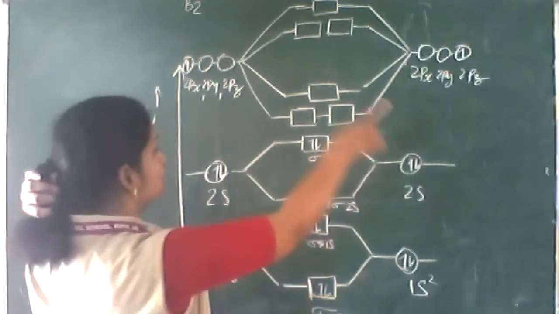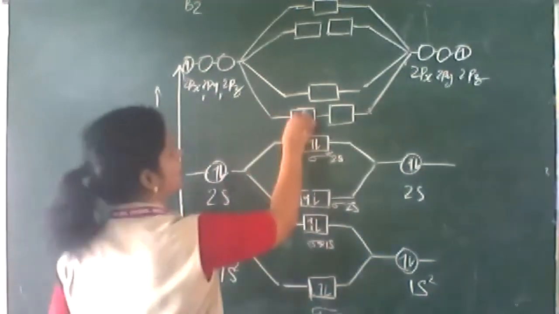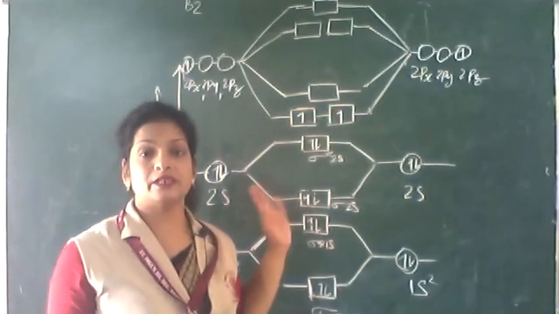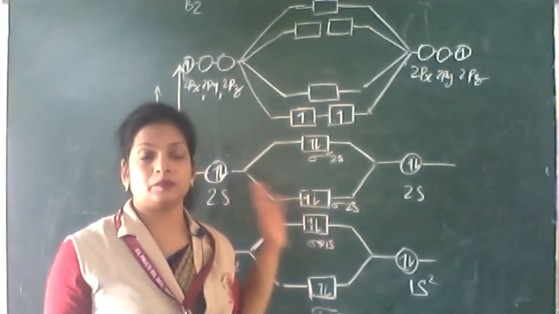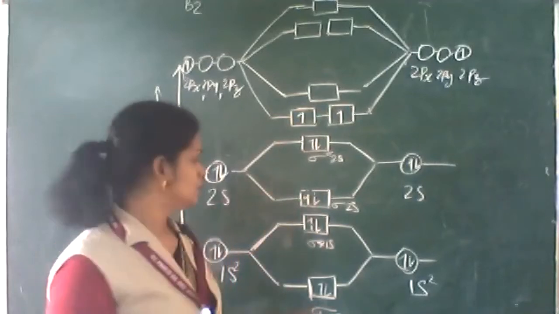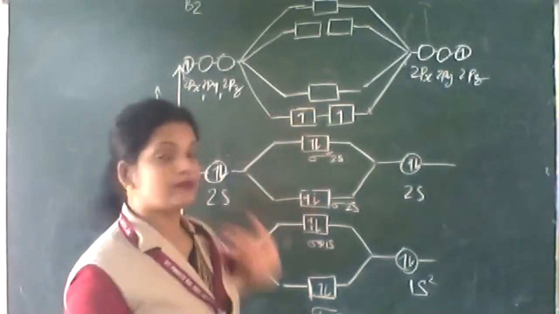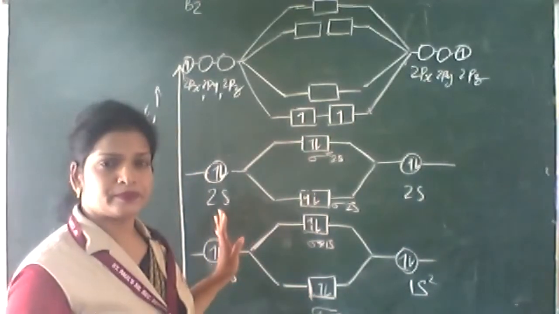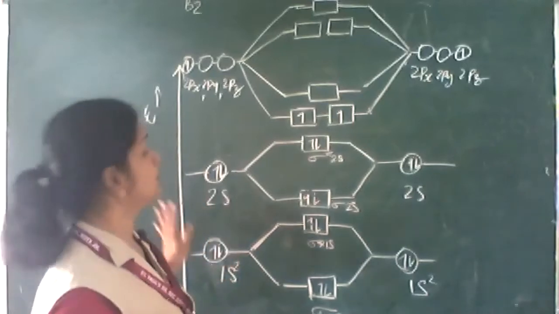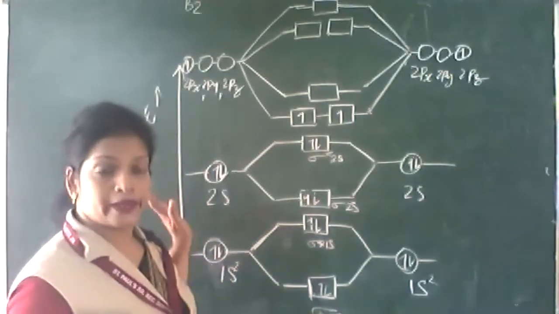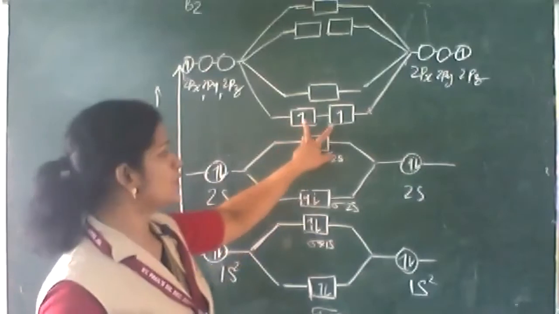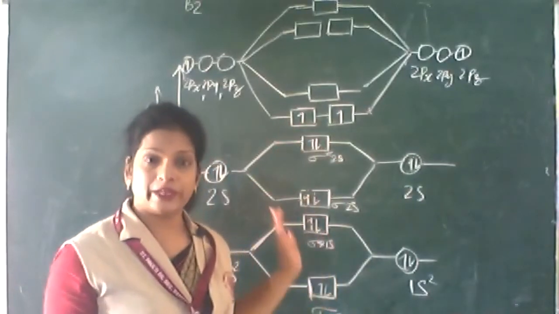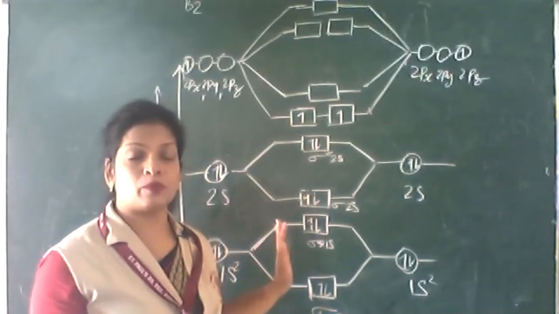Okay, so two electrons. One will be going here and one will be coming here. See, there is an unpaired electron. Unpaired electron means B2 is paramagnetic. 2, 4, 6, 8, 10. Altogether 10 electrons are there. There is a bond between boron and boron. Due to the presence of unpaired electrons, it is paramagnetic. Bond order you can calculate. It is a stable molecule.